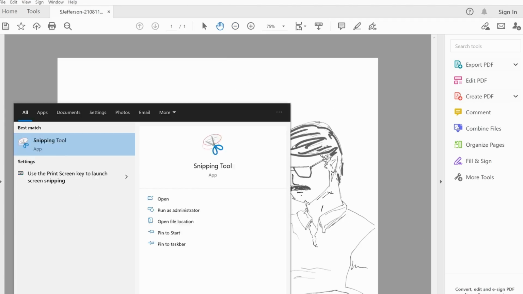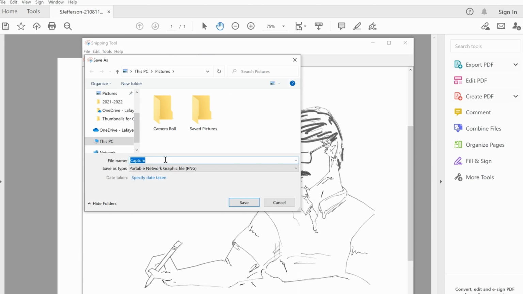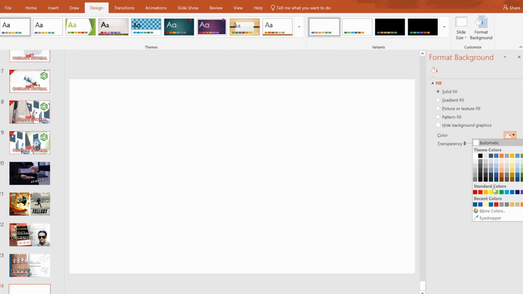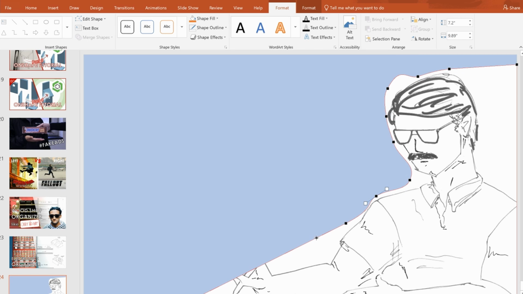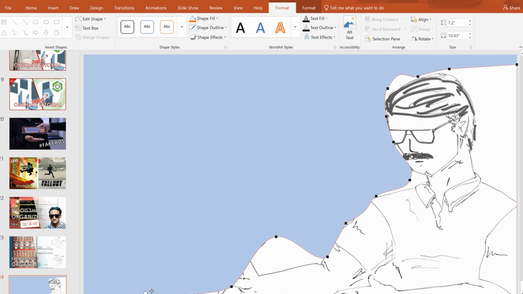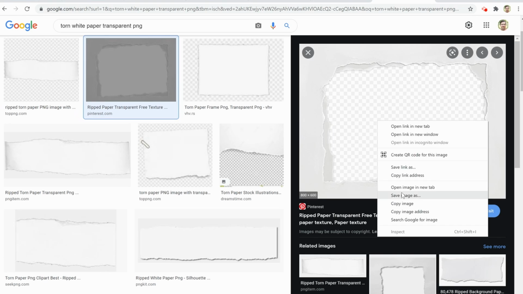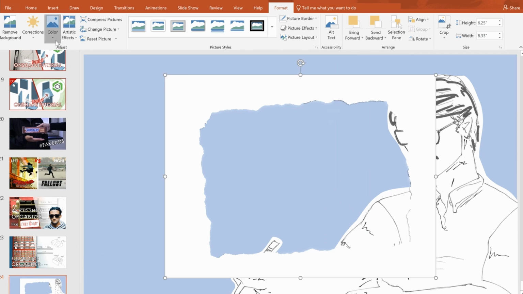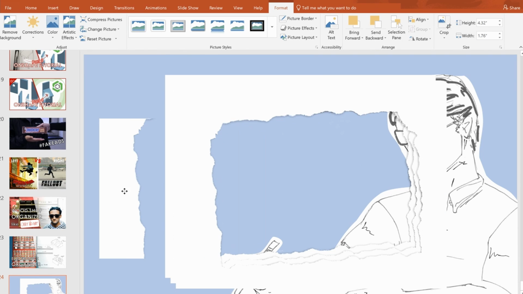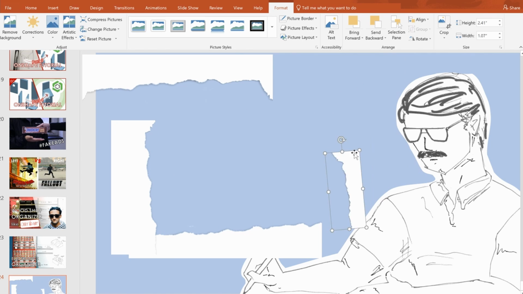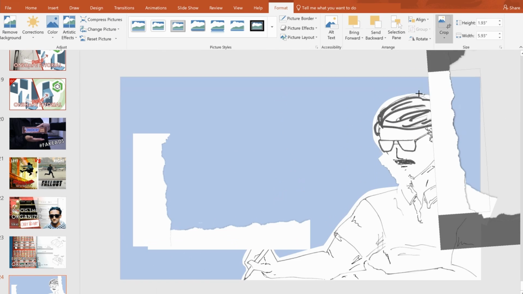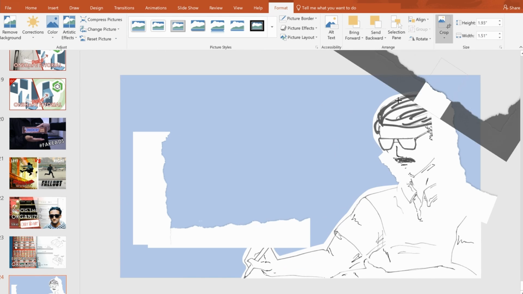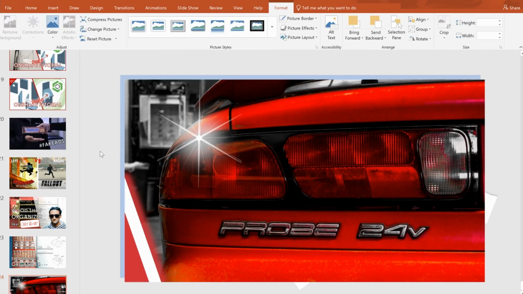Once I have that, I cut it out on the computer by making it, again, a shape, editing the points of the shape. For this one I wanted to play around with it just a little bit more and have some ripped paper effect, so I found a PNG file of ripped paper that was transparent that I could just crop and then border around my drawing. And then that's my overlay to go over a grid of thumbnails.